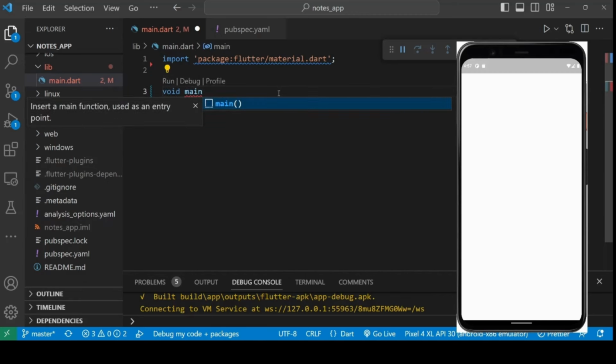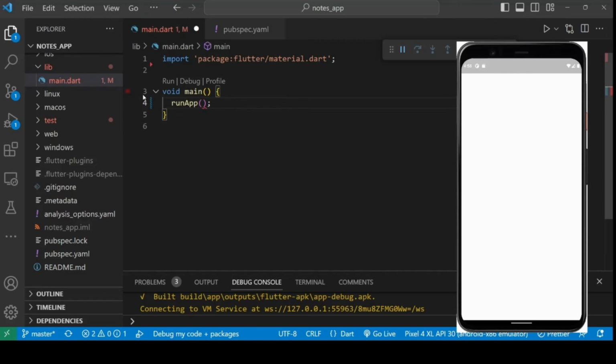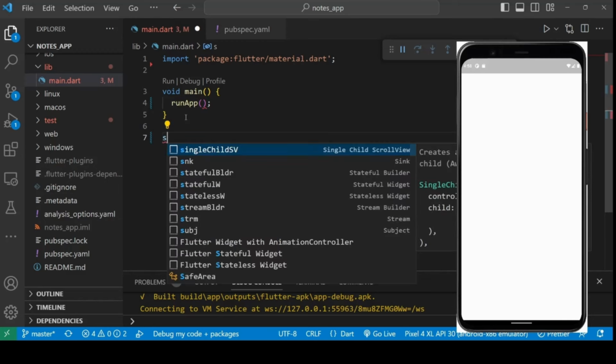The main function is the starting function for the Flutter project. Inside main, let's call the function runApp. RunApp is a function which calls the first screen, and for the first screen, let's make the screen a